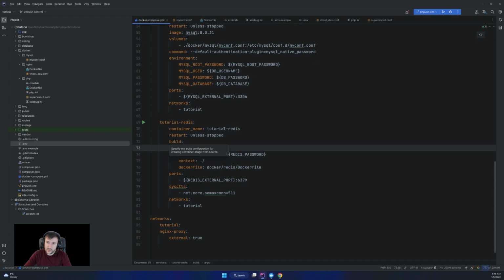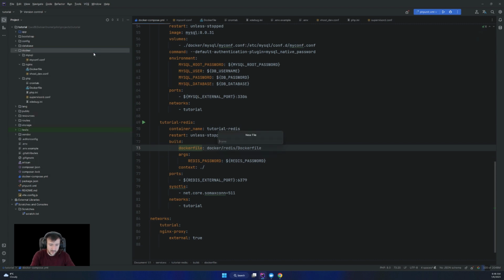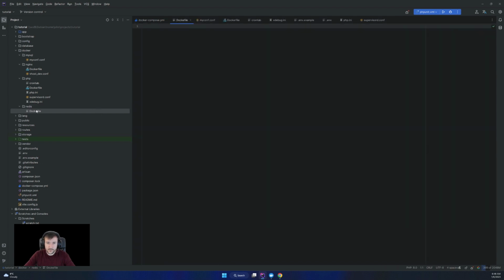We need to build a Dockerfile, and for that we need to create a new folder, sorry, let's say redis, and then a new file that will be the Dockerfile. Okay, if I name it correctly, yep. So it will be Dockerfile.